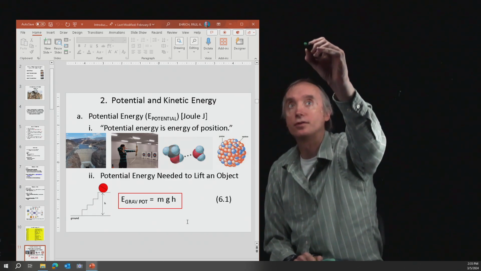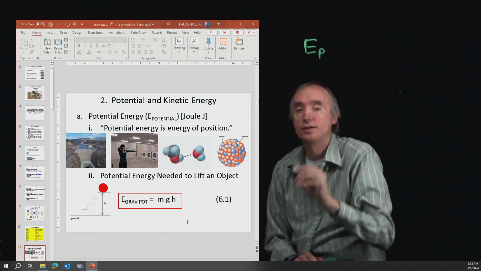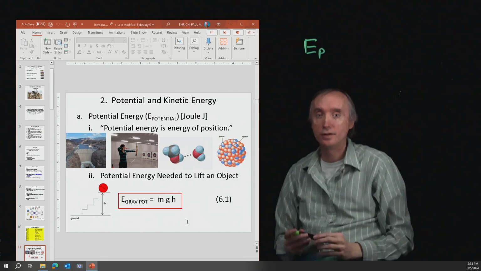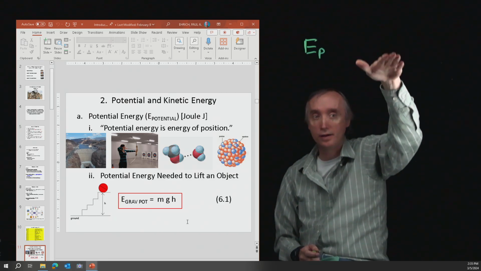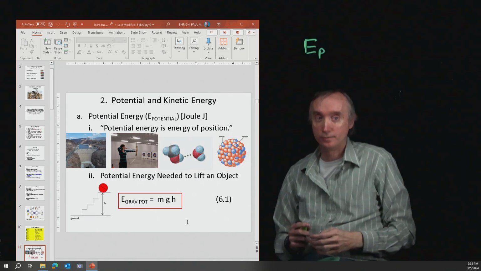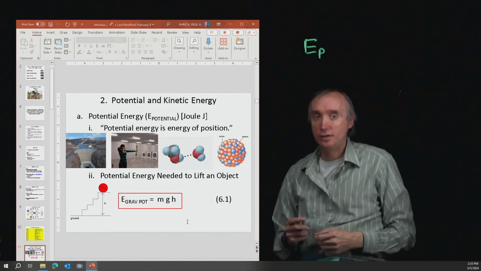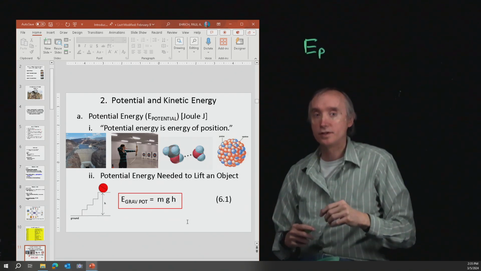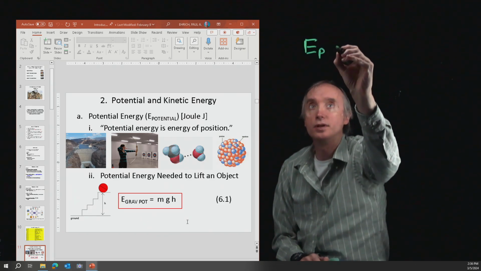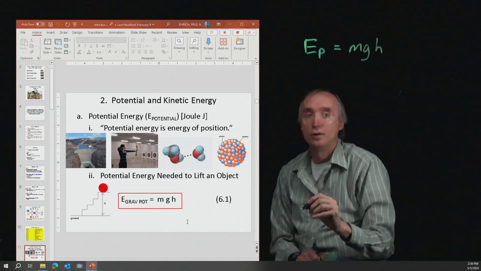So potential energy, and we're going to abbreviate that by E sub P, is going to be energy of position. So depending on where it's located, it's going to have differing amounts of potential energy. Now the only kind of potential energy that you're going to need to know for the exam is the gravitational potential energy. And so that is going to be given by M, G, and then H, where M